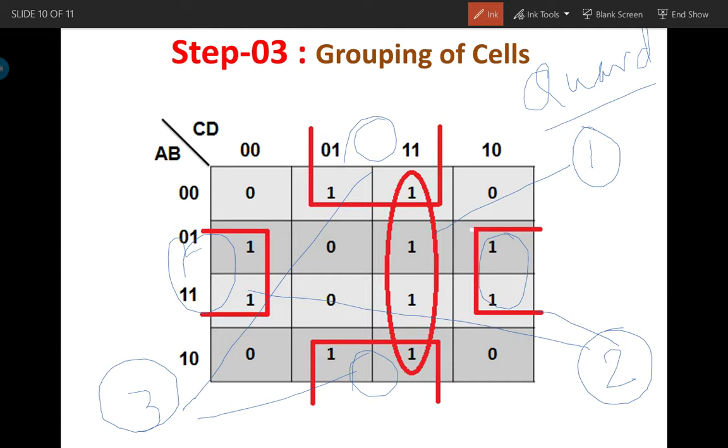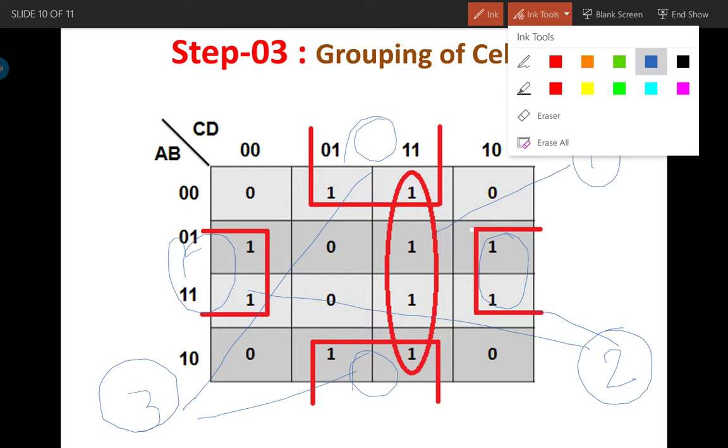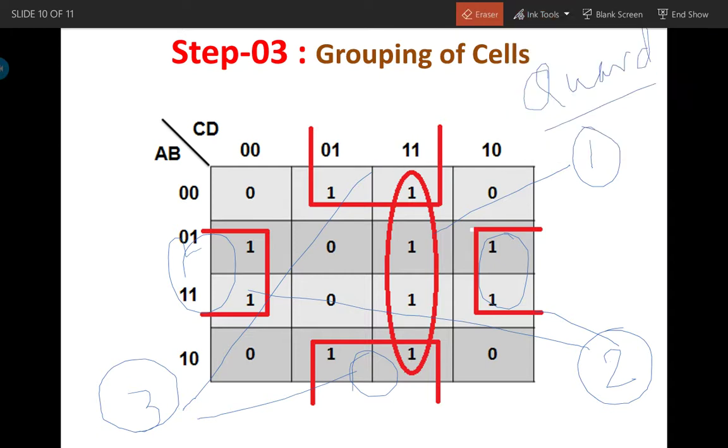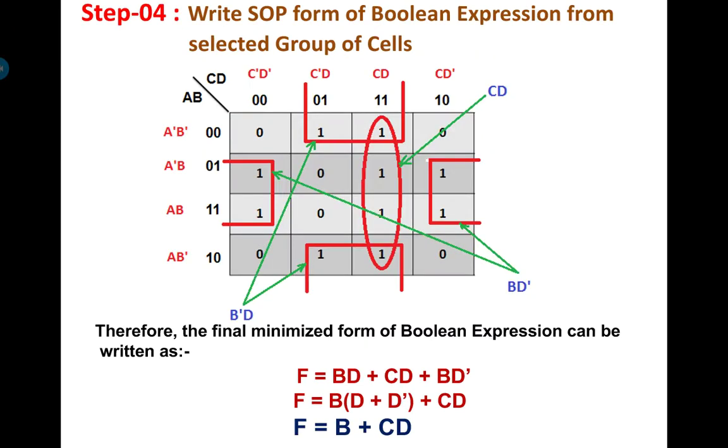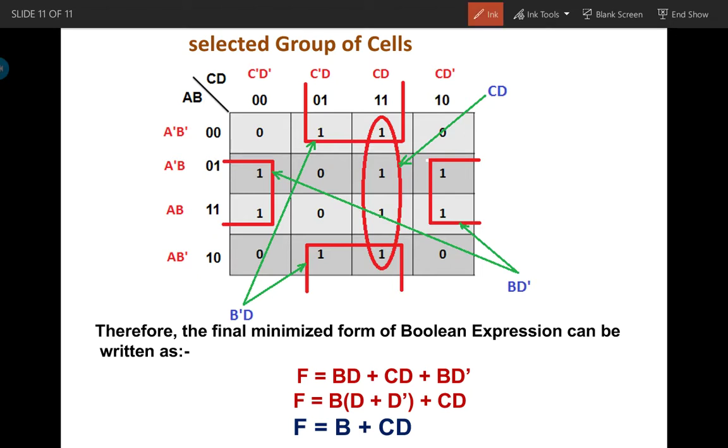So ultimately we have made 3 quad groups and all ones are covered in these quad groups. So our grouping is made here. All ones are covered with the 3 quad groups. Okay. Now the next step is to write the Boolean expression for the covered or the selected cells. The final step is to form the Boolean expression. For the Boolean expression, what we require are the product terms. So for each group we will write the product term.